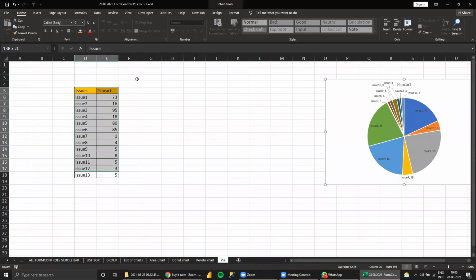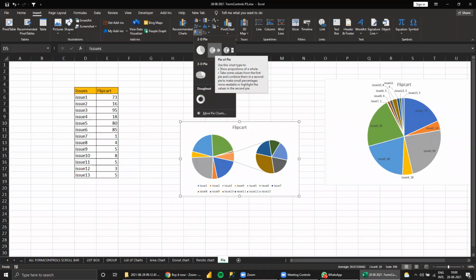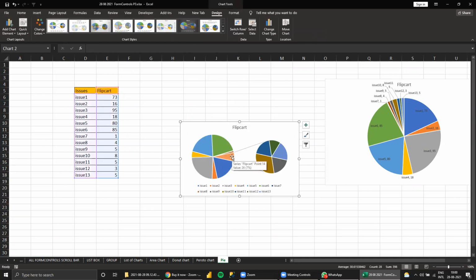So select this and go to Insert. When you go here, we'll see the pie. This is pie of bar. Very important. This looks very nice. So what is the pie of pie? We'll see here. All the small things, see here, 26%, all together.